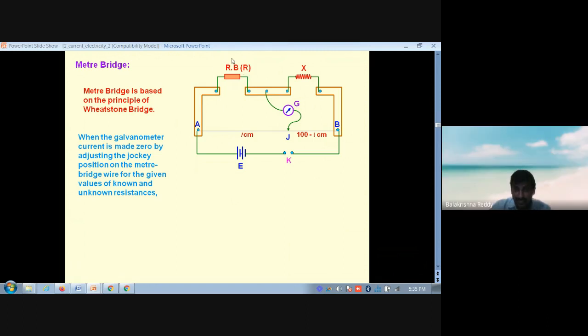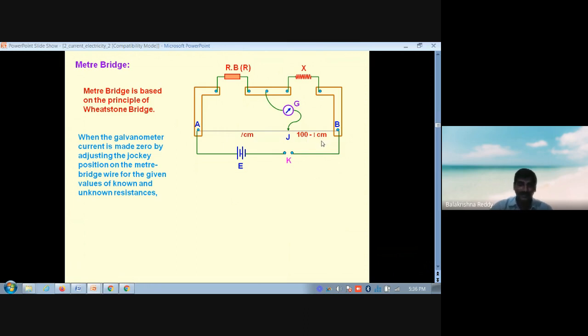We have to change the resistance value in this. With respect to that, we have to keep a suitable resistance. Therefore, at a particular length, out of this 100, the galvanometer comes to the zero position. Okay, so we understood that the current flowing to the galvanometer is zero. Then this is L centimeters, in the sense this is 100 minus L.